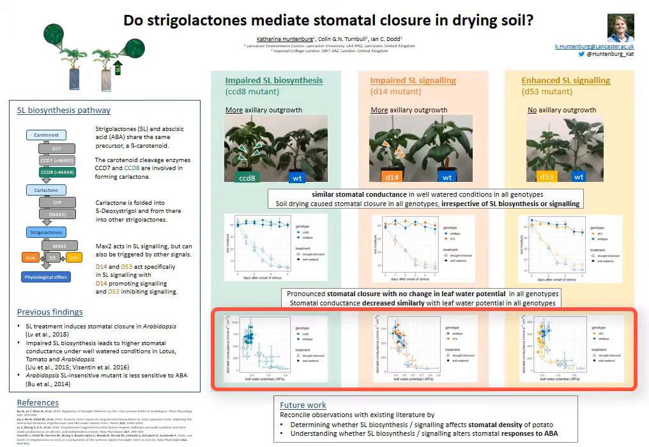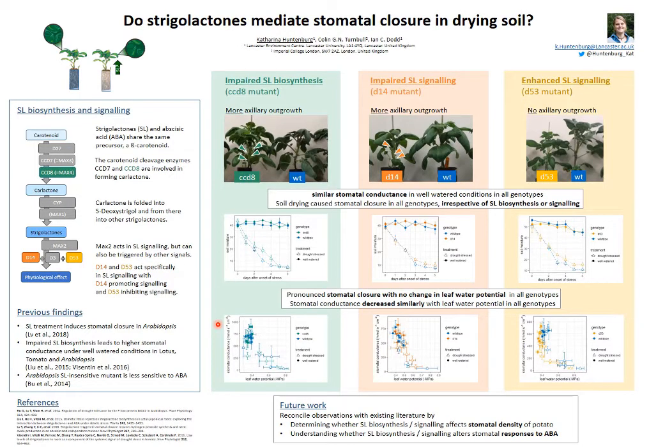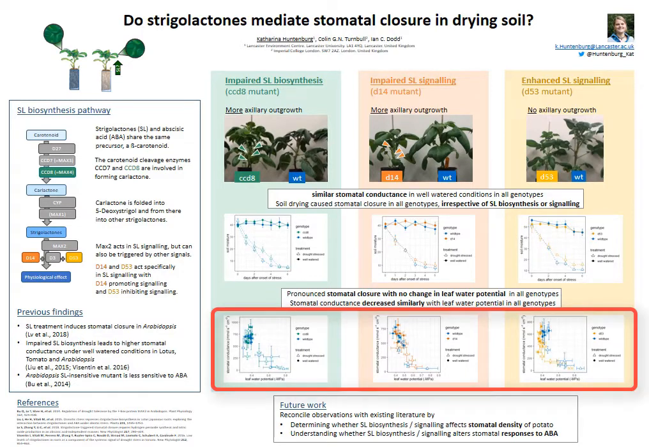In the bottom row, we have the leaf water potential in minus megapascals and the stomatal conductance on the y-axis. And we can see that at leaf water potentials close to 0, we have a range of different stomatal conductances. So leaf water potential does not regulate the stomatal conductance in this range. However, strigolactones don't seem to regulate that either, because in none of the 3 experiments are the mutants any different